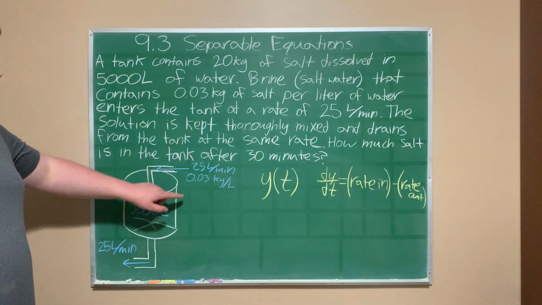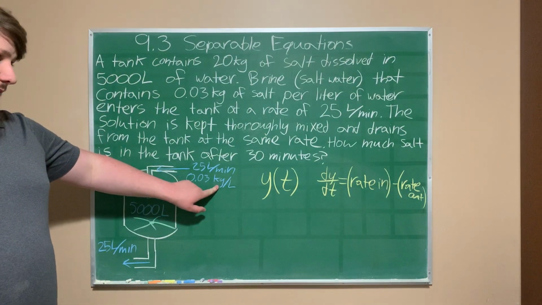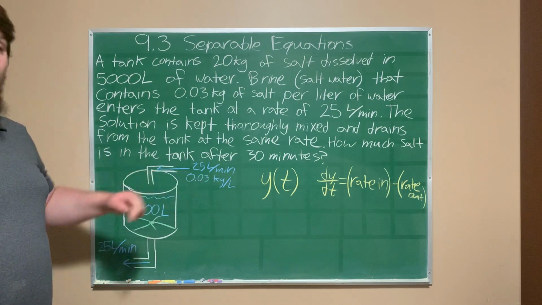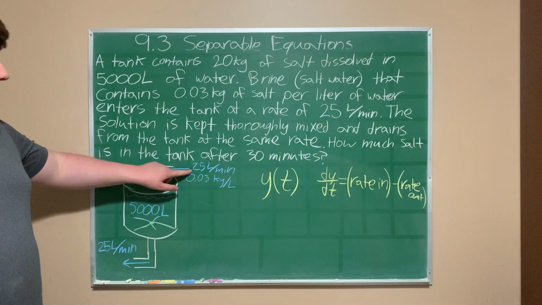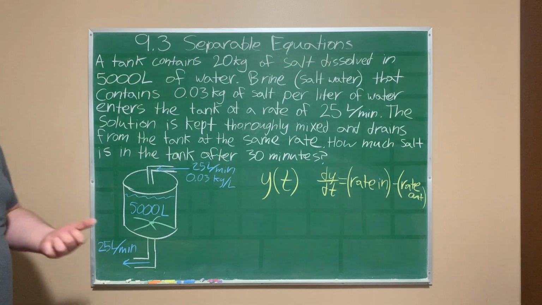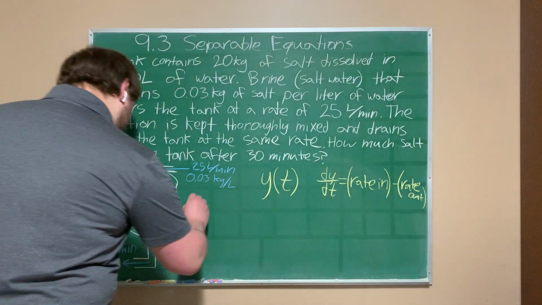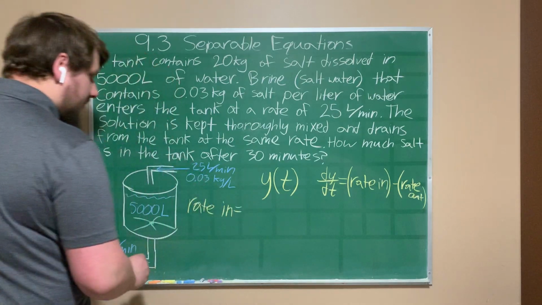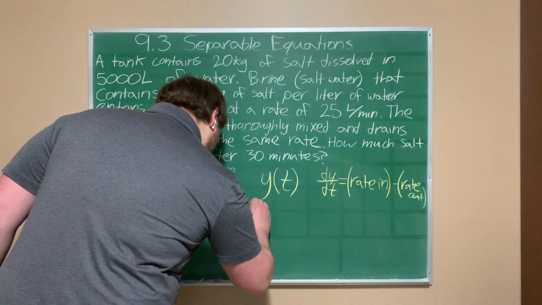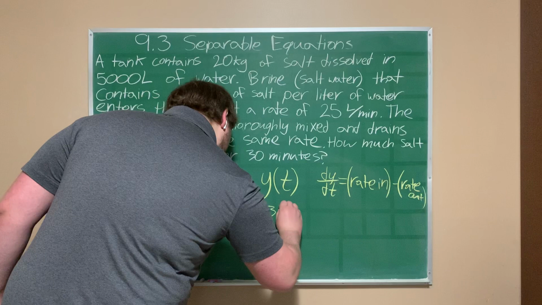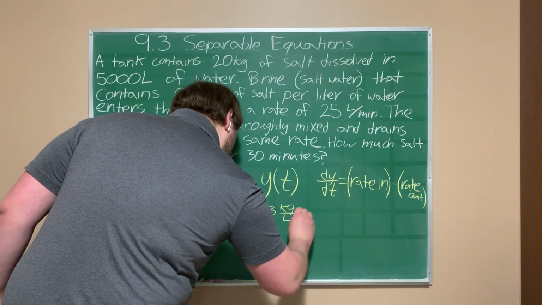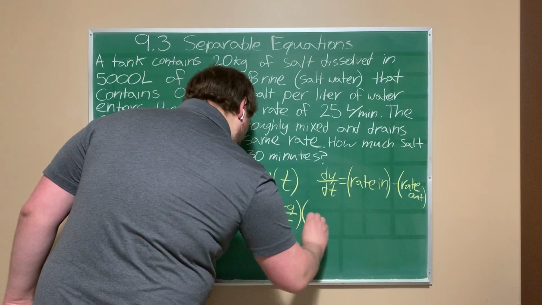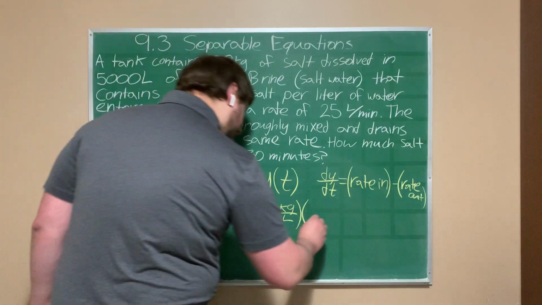So what we know is that 0.03 kilograms are coming in for every liter of water, and there are 25 liters of water coming in every minute. So the rate in is going to be the 0.03